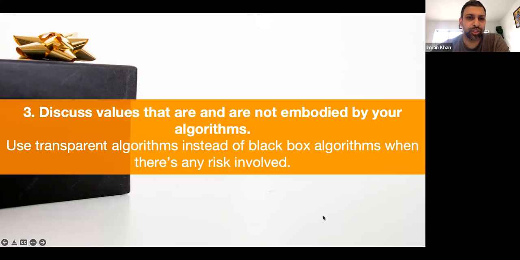And this is particularly true for public facing organizations. Maybe not as relevant to organizations that are more proprietary in nature, particularly if there are intellectual properties involved and things like that. But particularly for public serving institutions, if any public facing institution is using any sort of black box algorithm, that probably isn't a very good thing.